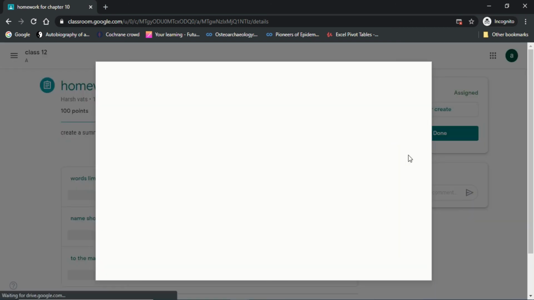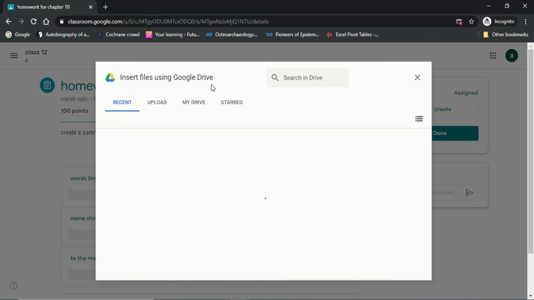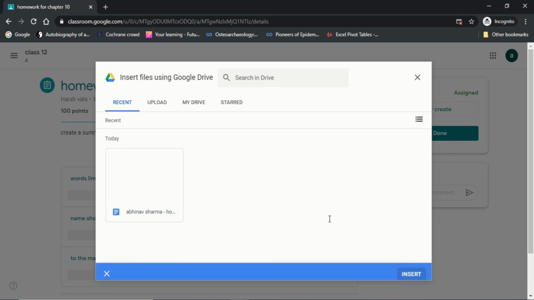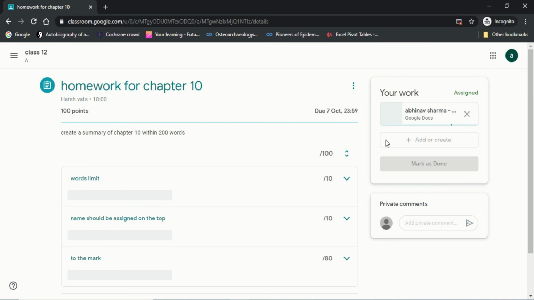When I click on file, you will see insert file using Google Drive. So I haven't done the assignment, but for your sake, to show how you can send it, I will upload a simple file only. So this is the file we have just created here. This file I want to insert. So insert that file, and that file will be inserted in your homework.